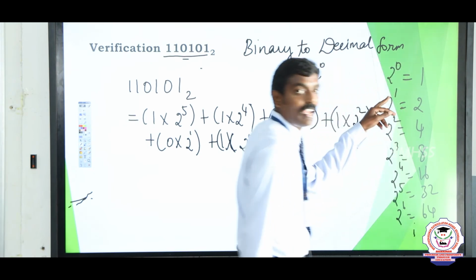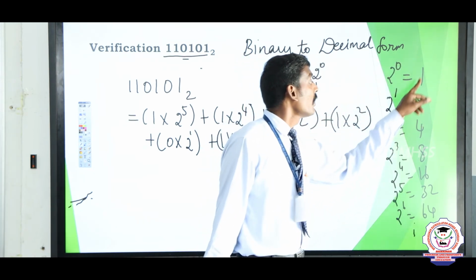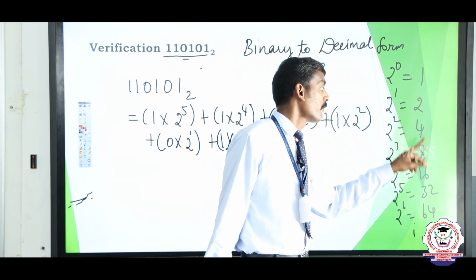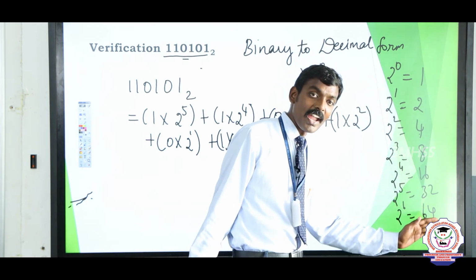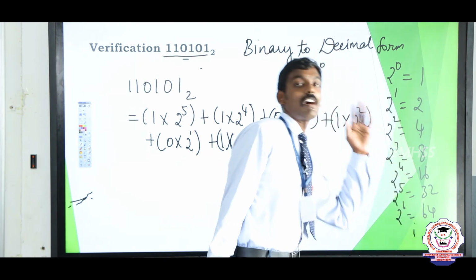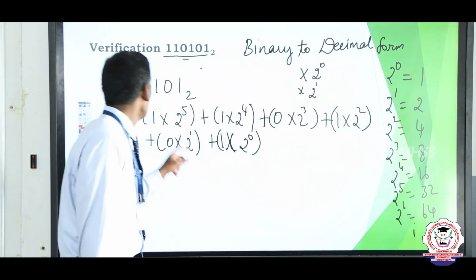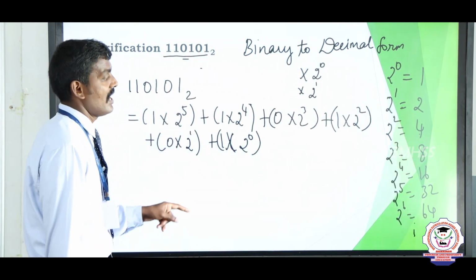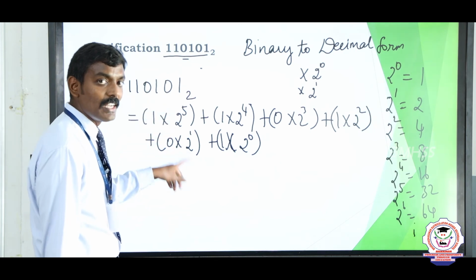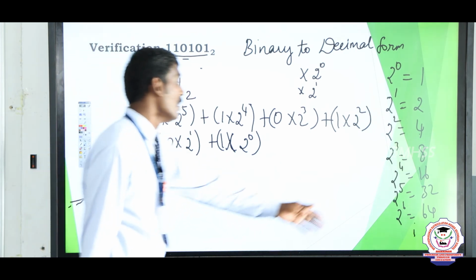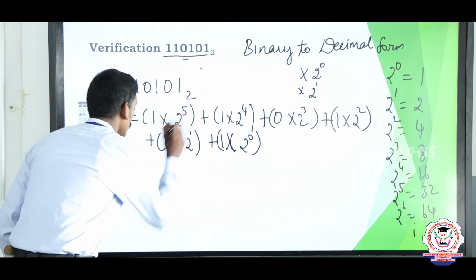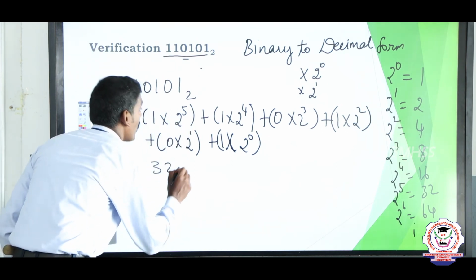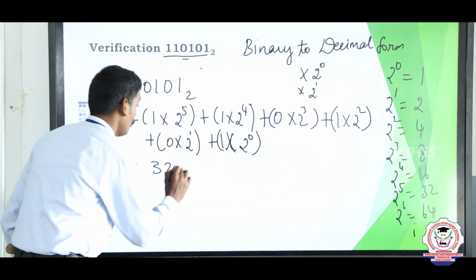How can we calculate? It's very easy. 1 into 2 is 2, 2 into 2 is 4, 4 into 2 is 8, 8 into 2 is 16. Each and every number should be multiplied by 2, and we get the increase of powers. That means 1 into 2 power 5. Any number multiplied with 1, that number will be the result. What is the value of 2 power 5? 32. That means 1 into 2 power 5 is 32 into 1. We get the same answer, 32.